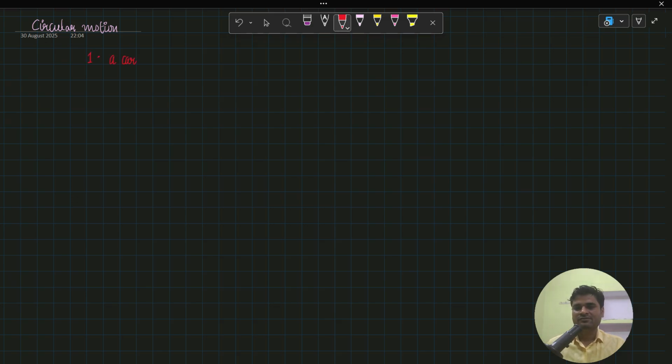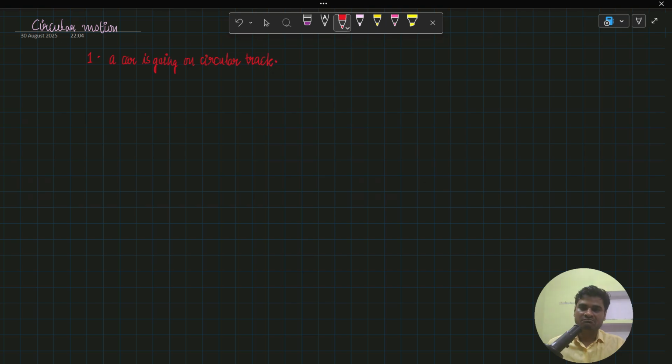A car is going on a circular track and we want to study what will be the dynamics of this motion. What I mean by that, when I say the dynamics of the motion, is that we want to see what are the force equations and what will be the maximum velocity allowed on the circular track to a car or